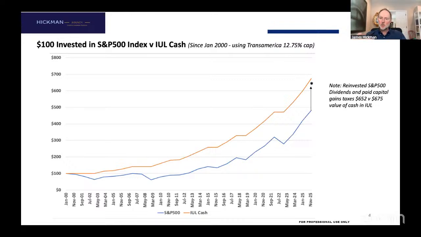But if you know the stock market is way overvalued, as we know it is right now, boy, does this become an attractive asset on a risk-reward basis in that type of environment. It just becomes that much more compelling when I know the incremental returns from where we are today in the stock market are going to be below average relative to history. That's what happens if my entry point is at historic highs.